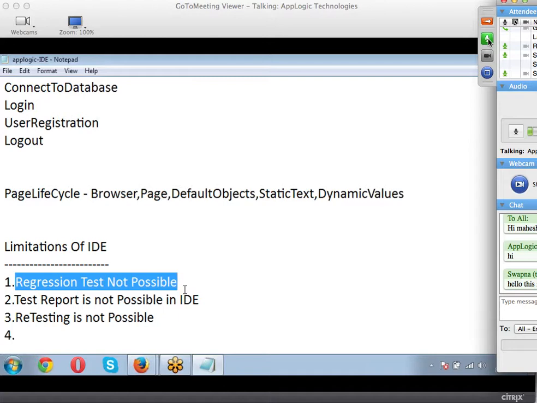I got some defects on that page. For example, among 10 test cases, 5 passed and 5 failed. I will send that report back to my developers and say there are 5 failures, please cross-check them and fix those defects. The developers have done the bug fixing work and sent it back to me.